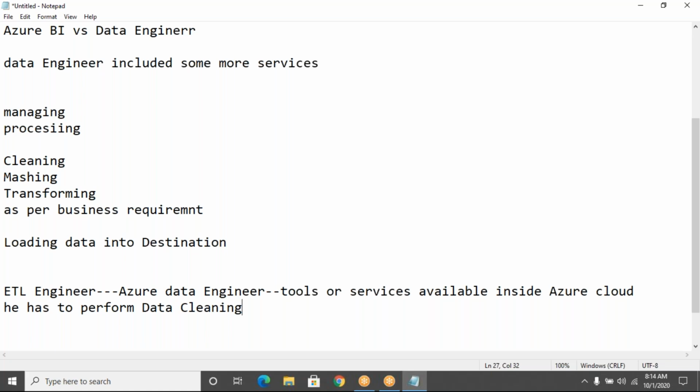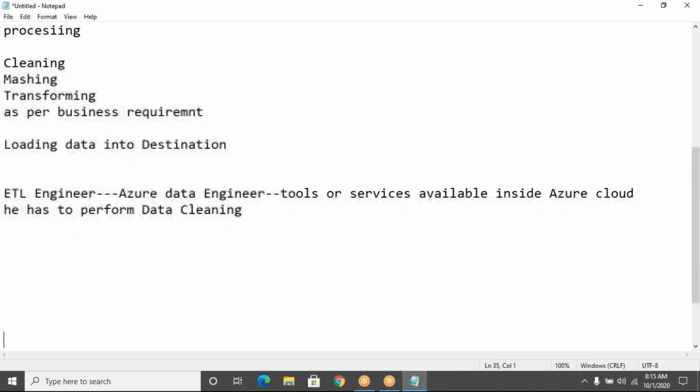Okay, so a data engineer is a key role in reporting and data warehousing projects, because without well formatted data, the report developer or the business users, no one can do anything over here. So that is the reason this has a very good market currently.